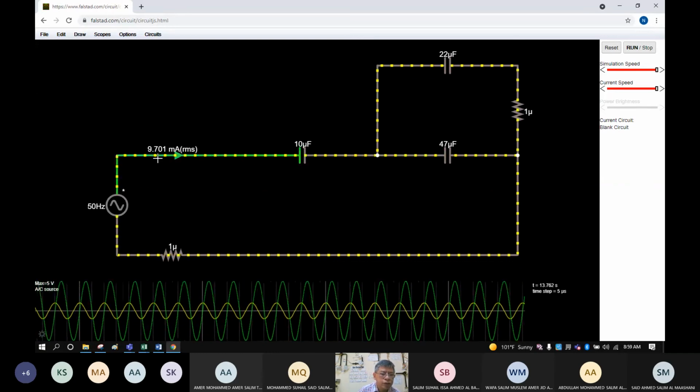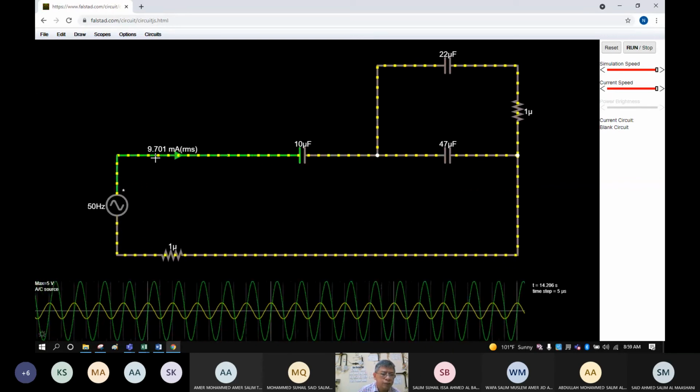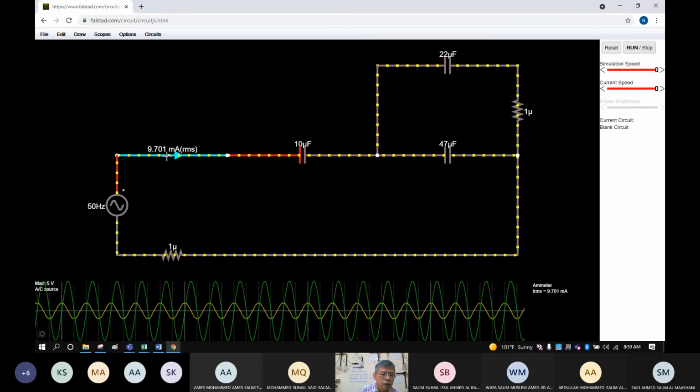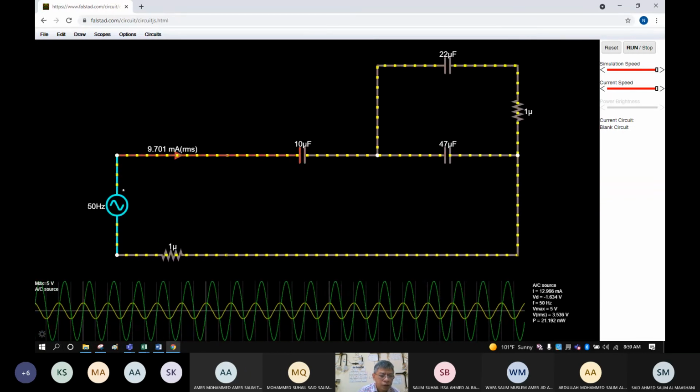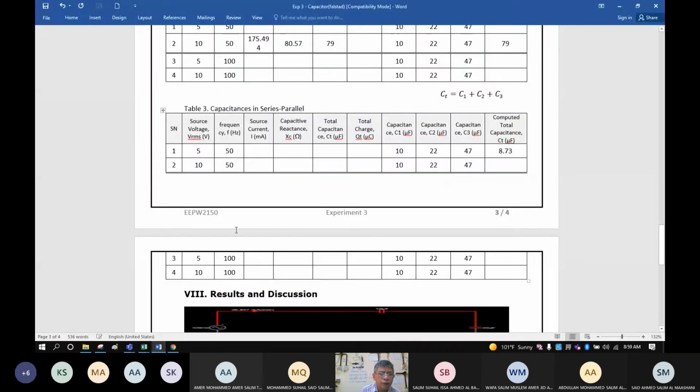So the current is, did you observe this? The current is 9.701 milliampere. Okay, this is the current. So we will go to our report. Answer here is 9.701 milliampere. So what is our XC? Please calculate.